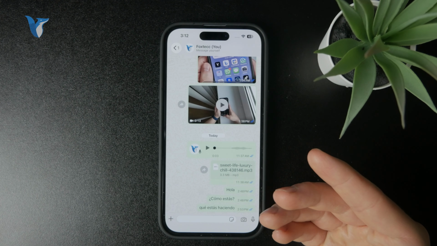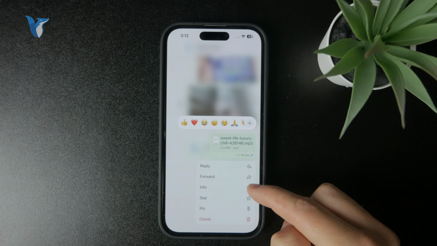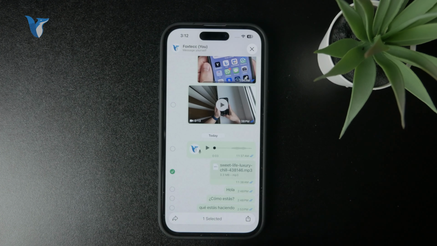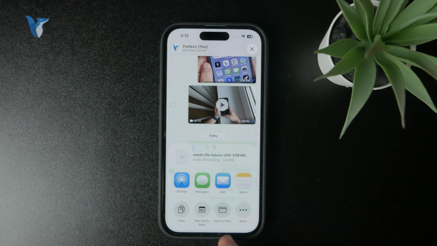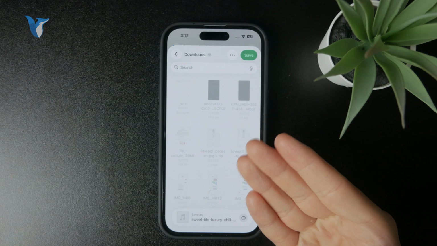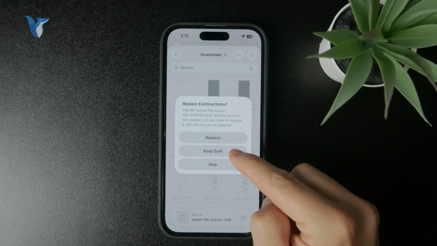First of all, the MP3 file, you can hold down on it. Then you have the ability to click on forward. And in the bottom right corner, you click on share, right? Because in the left one, you also have this arrow, but you can forward it to somebody else within WhatsApp. That's cool. But if you want to export it from the app, just click on the share button in the bottom right, and you will have the save to files button right here. So you're going to tap on it, then choose the location within the Files app,